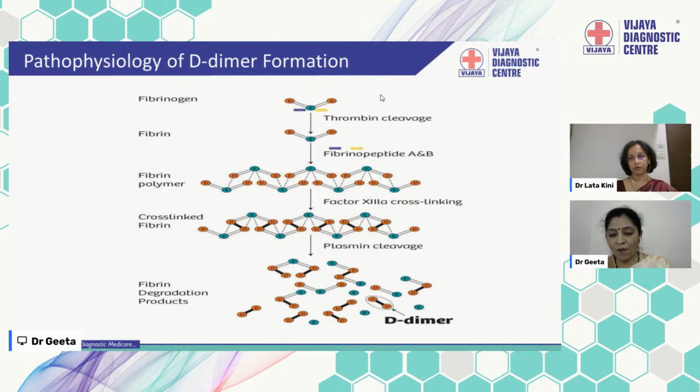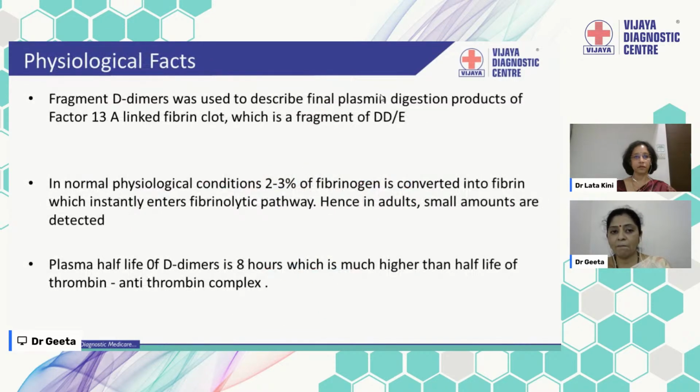Two D domains, or two D ends, are released as one intact fragment known as D-dimer. Hence, we call it D-dimers. So, D-dimers are nothing but the end products of plasmin cleavage of the fibrin, not of the fibrinogen. The term D-dimer was used to describe the final plasmin digestion products of the factor 13A cross-linked fibrin clot, which is a